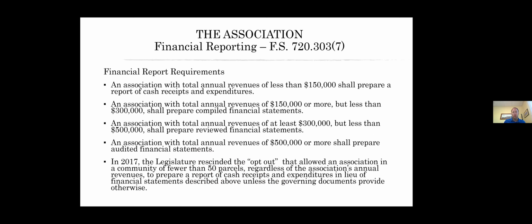And so you want to look at what your total budget is. So your budget for 2020, identify what the dollar amount is. And then within those thresholds, you can see what type of reporting requirement you have. Again, each of those would apply to different associations. The larger the association, the more stringent and the more thorough reporting you have to do, like an audit and those types of things.